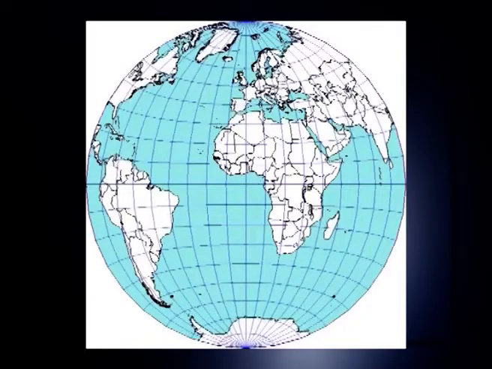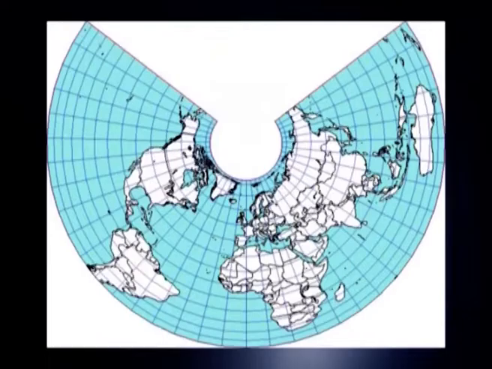Cylindrical equal area projection. A projection that maintains accurate relative size is called an equal area or equivalent projection. These projections are used for maps that show distributions or other phenomena where showing area accurately is important. Examples are the Lambert azimuthal equal area projection and the Albers equal area conic projection.